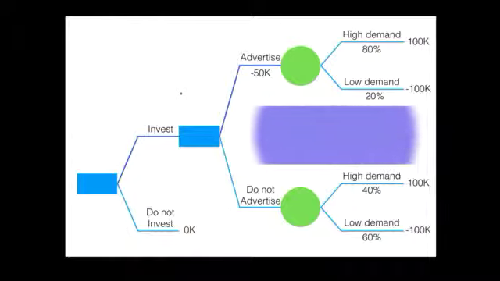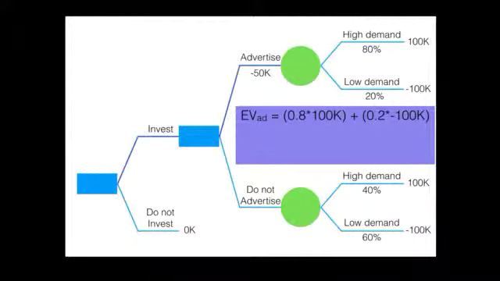So if we take a look at this, we want to calculate the expected value or the expected profits that he will have if he does advertise. So if he does advertise, the expected value is going to be 0.8 multiplied by 100,000 plus 0.2 multiplied by negative 100,000. So if we work that out, the expected value or the expected profits of advertising are going to be 80,000 minus 20,000, and the expected value of advertising is going to be a profit of